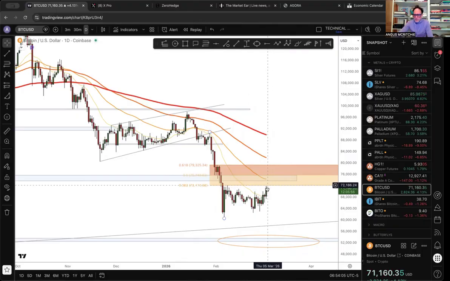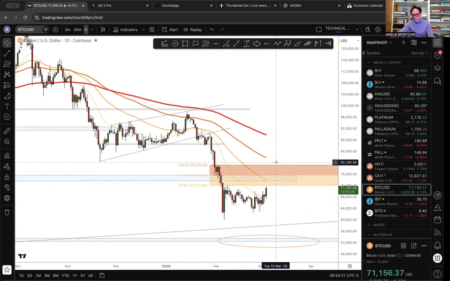If this fails there and we drift downwards, I mean, it's not over, but that would be the first bullish hurdle failed. So that for me is going to be a pretty important one to watch in the crypto space, specifically in BTC: that 72,100 level, which is the 38% fib, because the bulls need to start cracking through this resistance of some of these fib zones at a minimum.